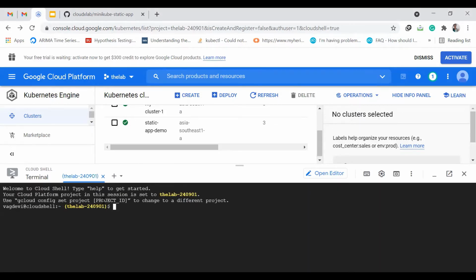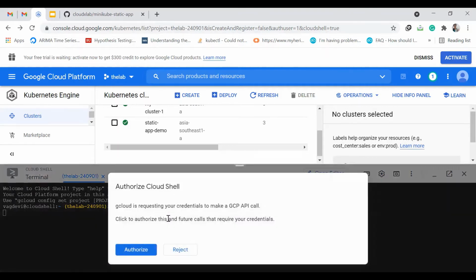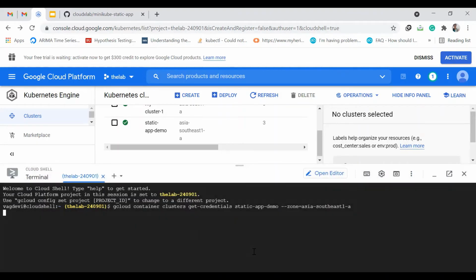Okay, so again, we will just set these things like gcloud, so as to make sure that we are connected with the Kubectl. Okay, this one. Authorize. Now, we will also check the Kubectl version.